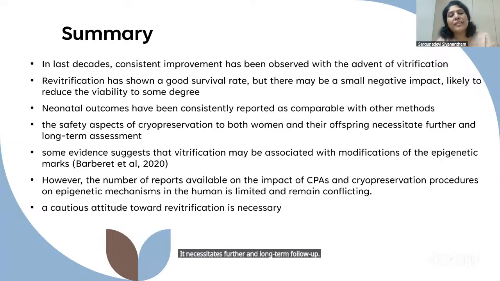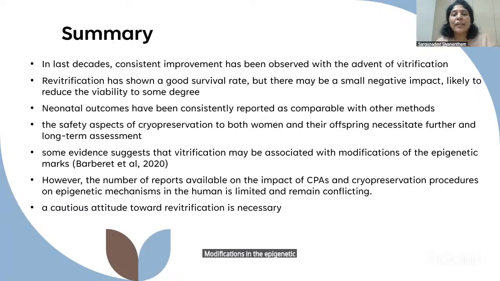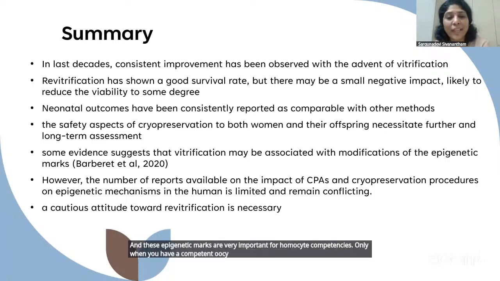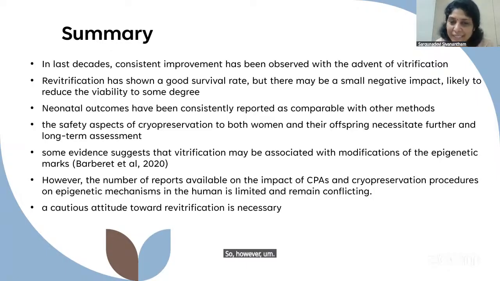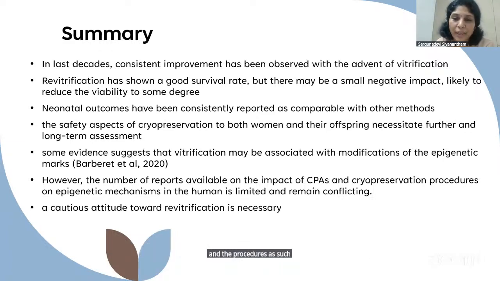Some evidence talks about modifications in the epigenetic marks. Is it related to vitrification? And these epigenetic marks are very important for oocyte competence. Only when you have a competent oocyte can you think about a healthy baby. However, it's not much studied yet. We need more knowledge on the impact of cryoprotectants and the procedures as such on epigenetic mechanisms to come